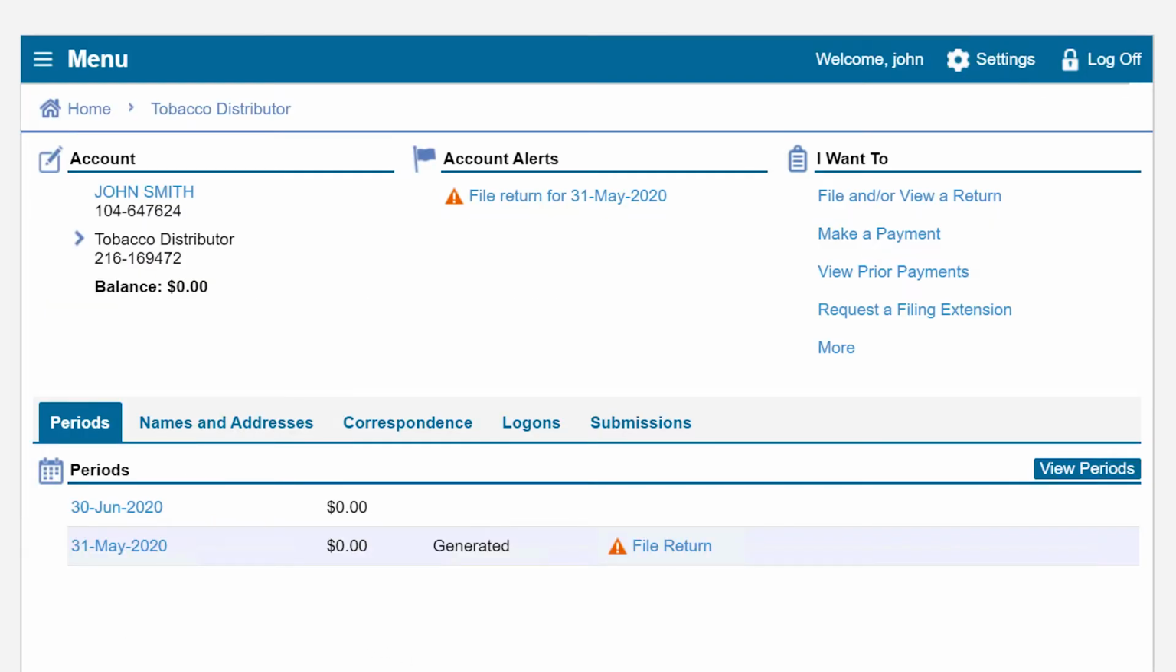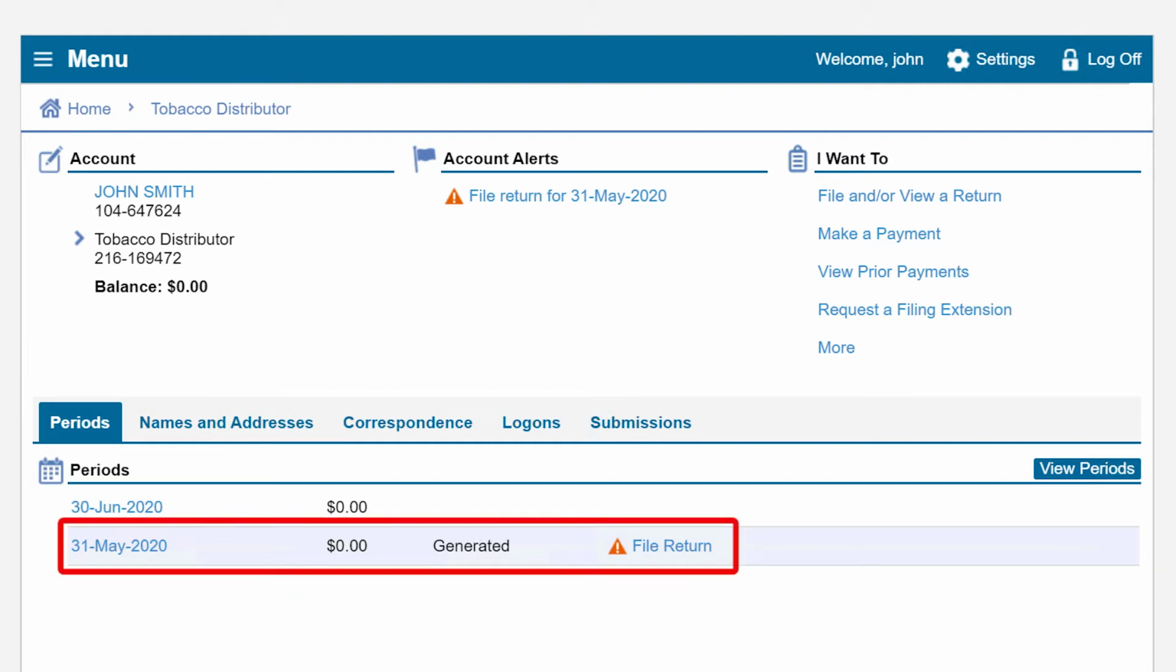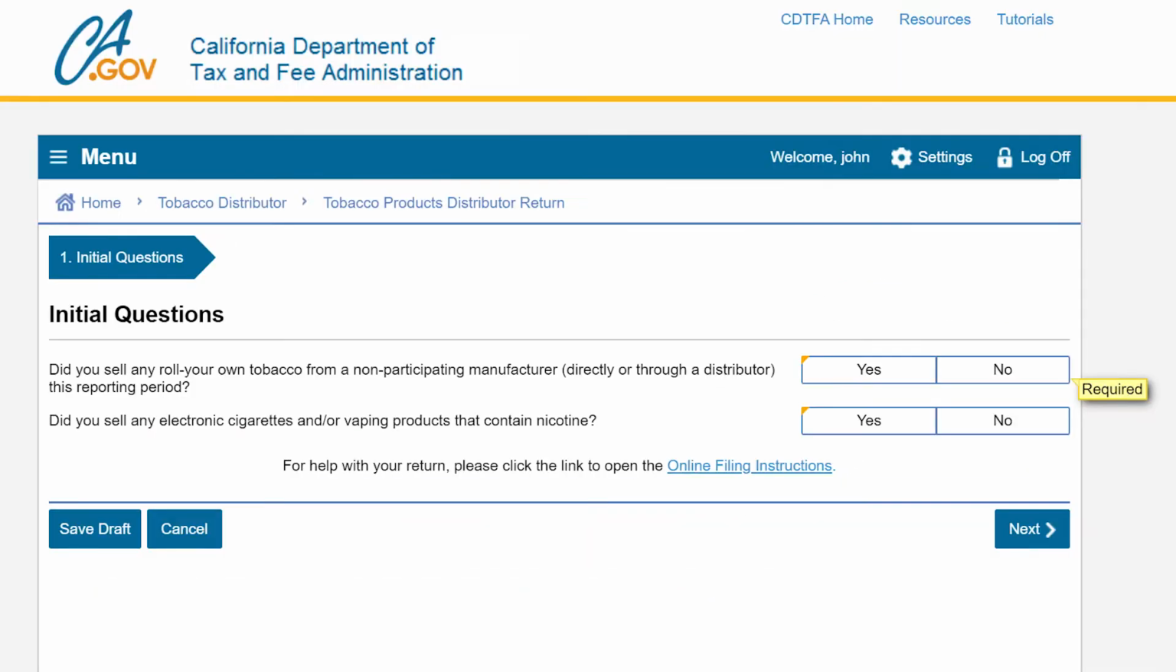Under the Periods tab, select the File Return hyperlink next to the period for which you are filing. For this example, we will be selecting the return for May 31st, 2020, which represents the month of May period end date. After selecting the period, you will be brought to the Initial Questions page to answer questions regarding your